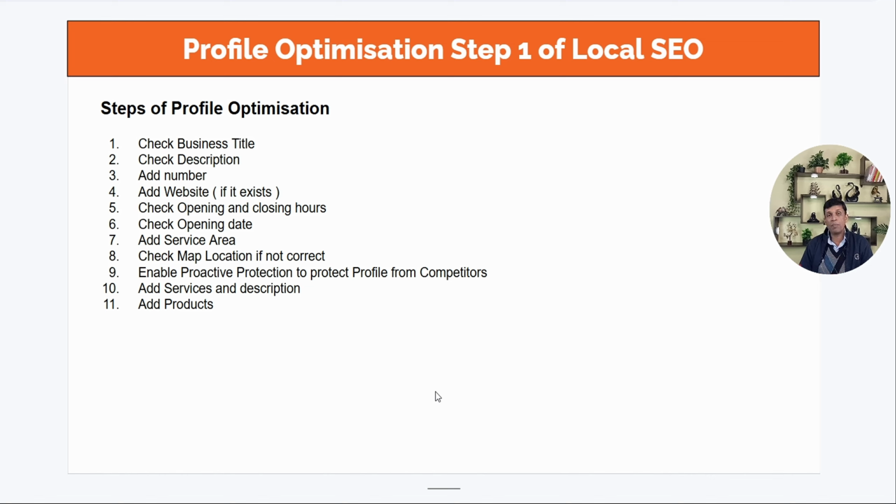Next is, guys, enable proactive protection to protect your profile from competitors. So guys, what happens is Google gets feedback from the visitors to your shop or office. When someone is visiting your shop or office, Google will ask that person to share a rating, review, and feedback about your place. So if that person finds something lacking, like some number issue, you're not picking the call, or the map is not set, they will mark it and suggest to Google